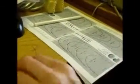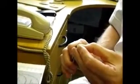Okay, so that's sort of getting there, and then you just need to put the next two in. So we just do it the same on the other side, so they're roughly in the same place. It's usually easier to tip the first bit all the way back over the end of the plier. I think that's what I did, yeah. And then I squeezed it. And then you can turn this bit right round the plier like that. And then you can turn it back like that. And then you just have to